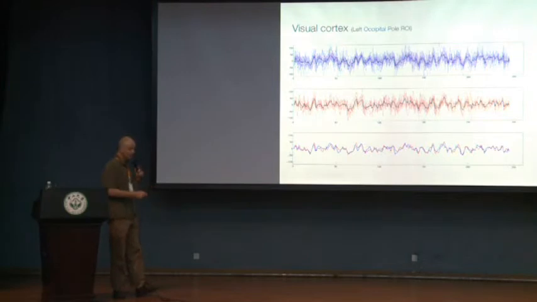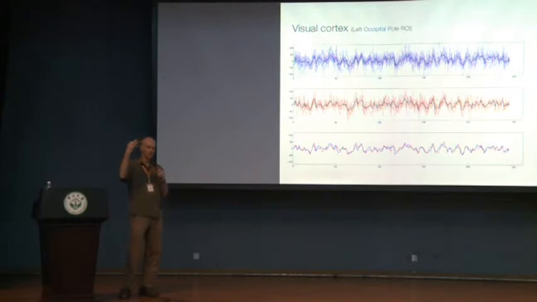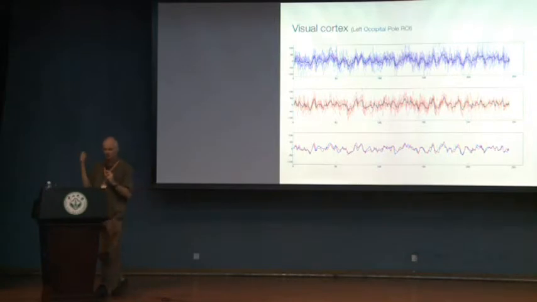In fact, you can do this in monkeys, and you can find that early visual cortex in monkeys responds very similarly to what you see in humans. This isn't too surprising. So there's bright things happening, and darker scenes, and so on. So the input is the same to people with autism and to the controls, and early responses in the brain are also very similar early on. What we want to know is, well, what if we go to higher processing levels? At what point does the fMRI signal look different between autism and controls? And what does that tell us about the stage in processing at which people with autism might be abnormal?